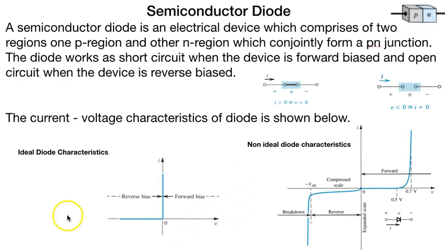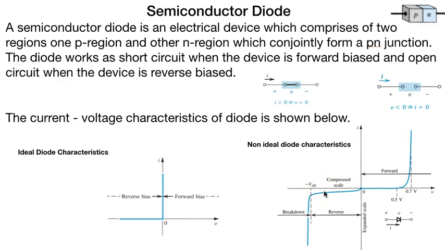However, in non-ideal conditions, more in the practical cases, we will find that when the diode is forward biased, it will have some amount of diode voltage that needs to be overcome before it conducts in the forward bias direction. The threshold voltage is 0.7 volts for a non-ideal diode. In the reverse direction, we will see that it does have some saturation current,